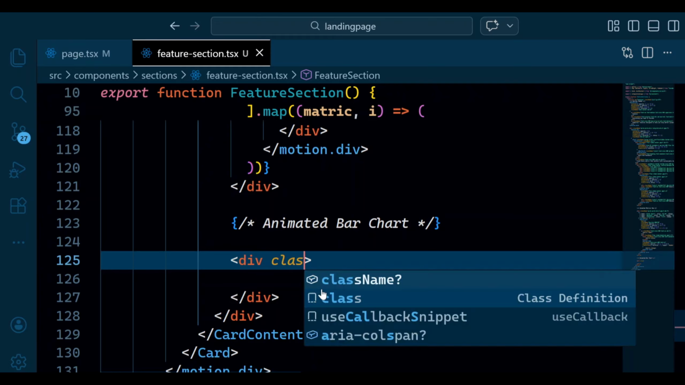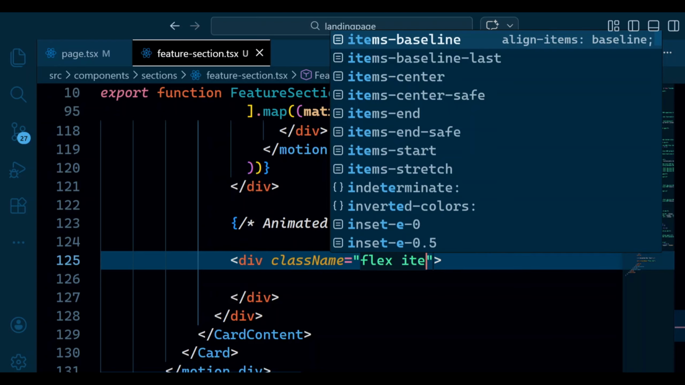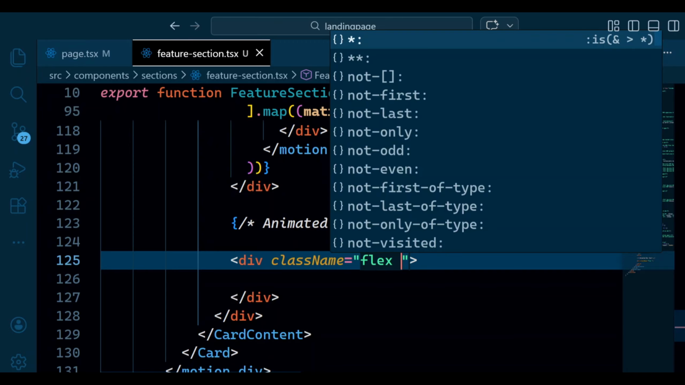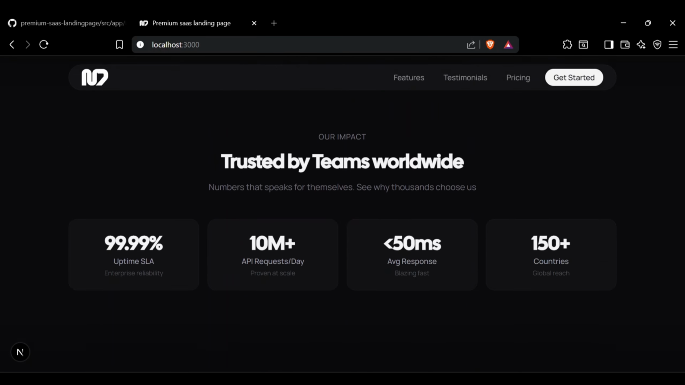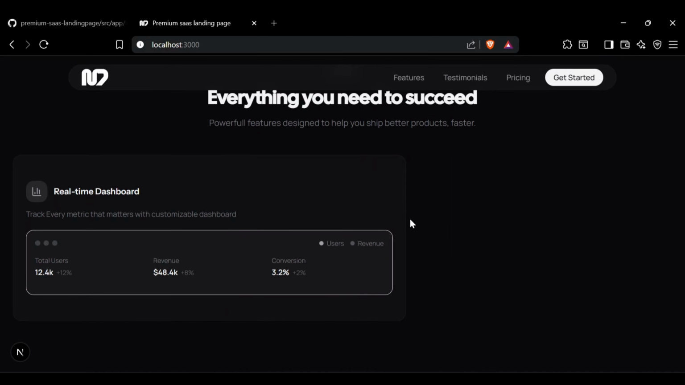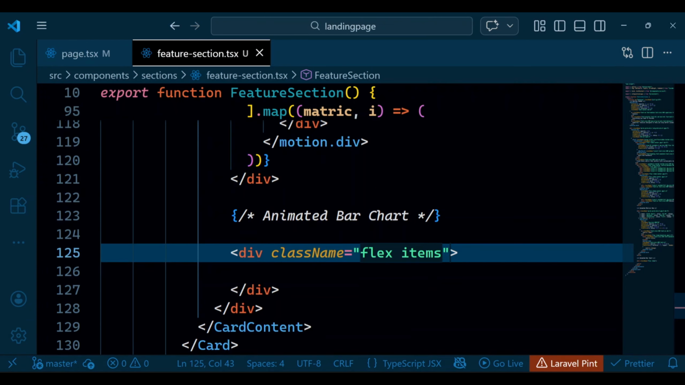Okay, so let's style it. Class names, flags, items. Okay, before writing that, I want to show you how it looks, what I have created. Inside that, we have created that one. Now we are creating that part. Okay, start part. Let's do flags, items, and